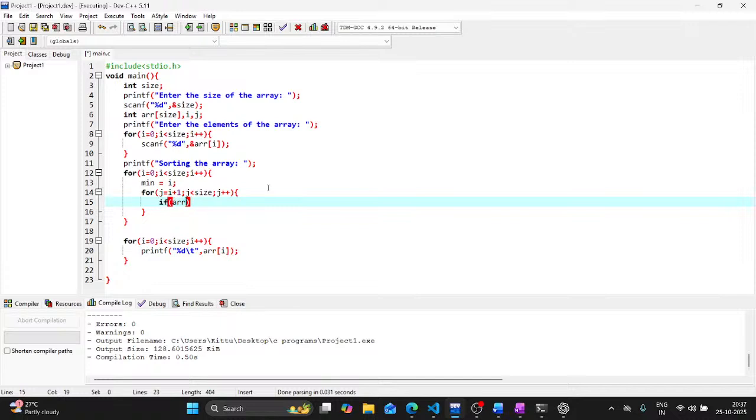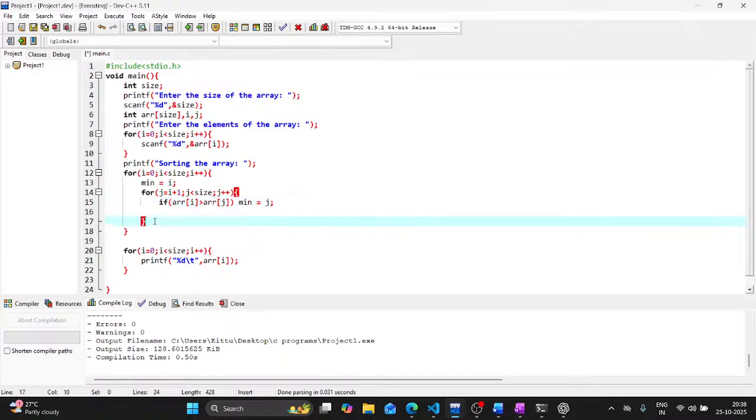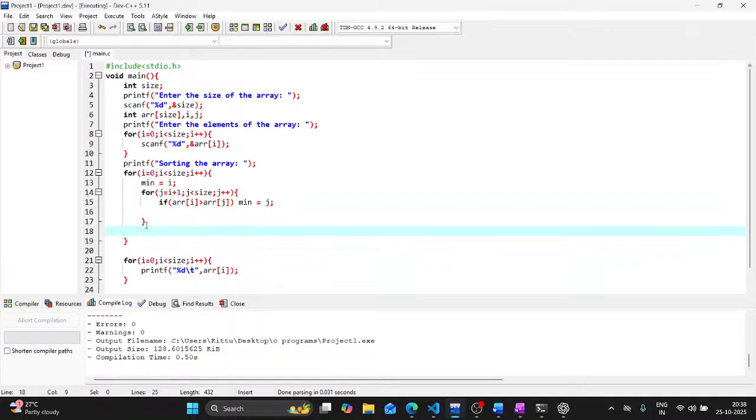If array of i, what we have assumed as minimum, is greater than array of j, right? If array of i is greater than array of j, still don't know what I'm doing. Min is equal to j. Okay. And now, after finding the minimum value index, you are just